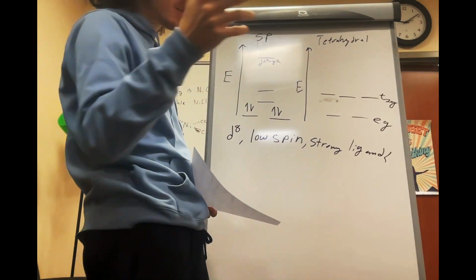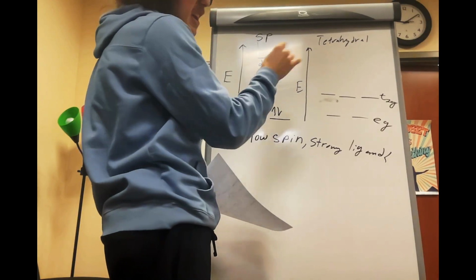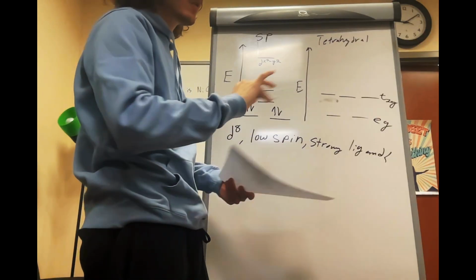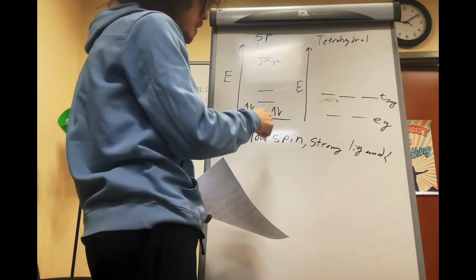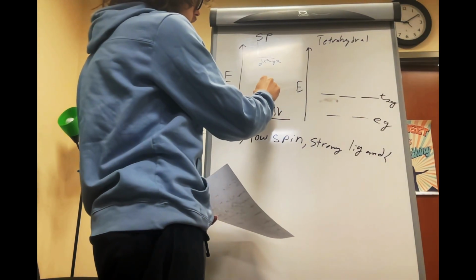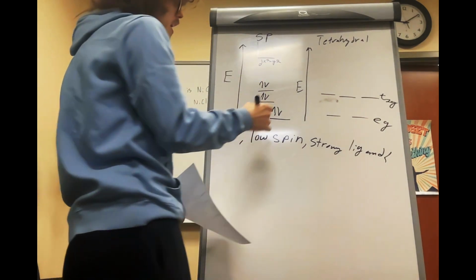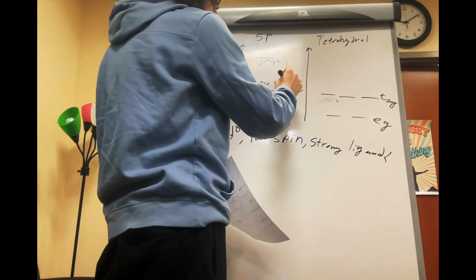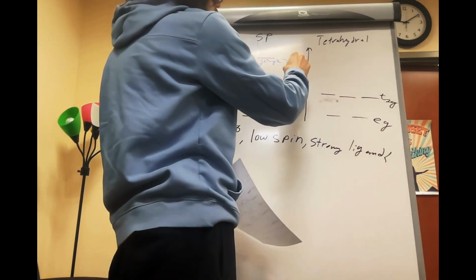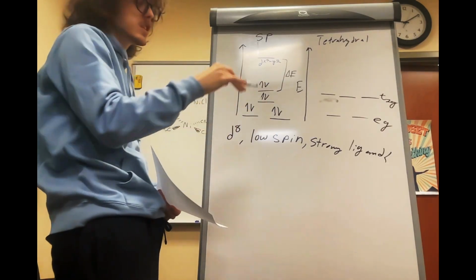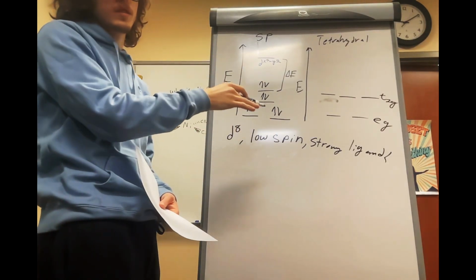There's a principle for that, I always forget the name of it, but you fill each orbital singly before you start pairing. You don't do that with low spin; you pair them up as you go. So d8 is going to look like this, and I want you to notice, we'll get to why this is important, the large crystal field splitting energy here. I'll put delta E to signify there's an energy difference there, and it's quite large,